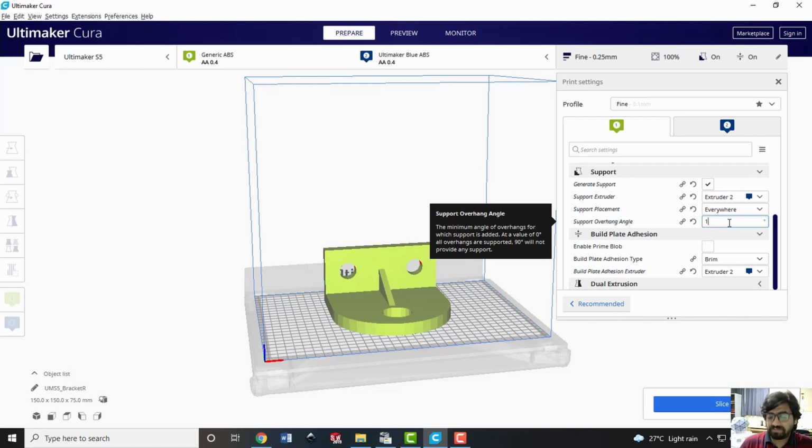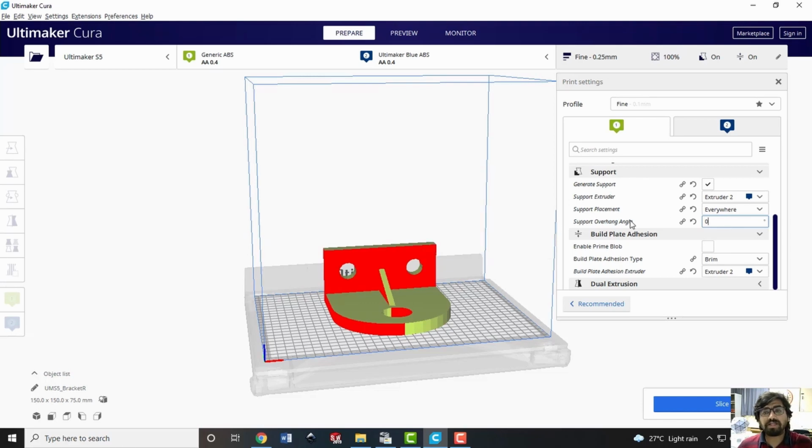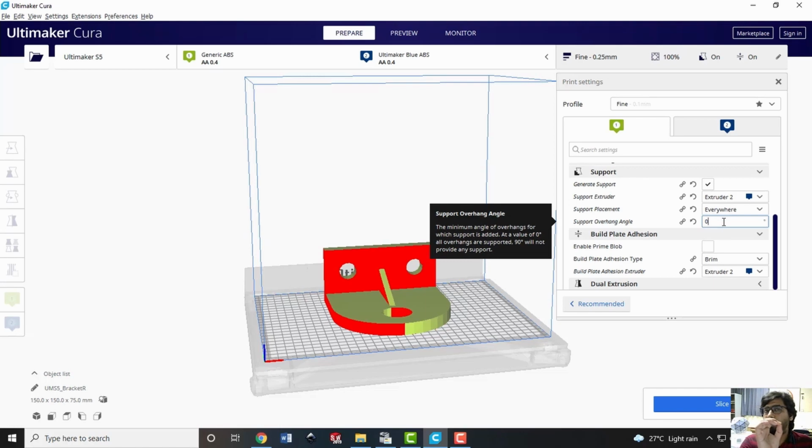In that way, if I say 0, that means all the triangles making any angle from the build direction more than 0 degree will require support. That means almost everywhere support will be required if it is slightly overhanging. But it is not really the case.